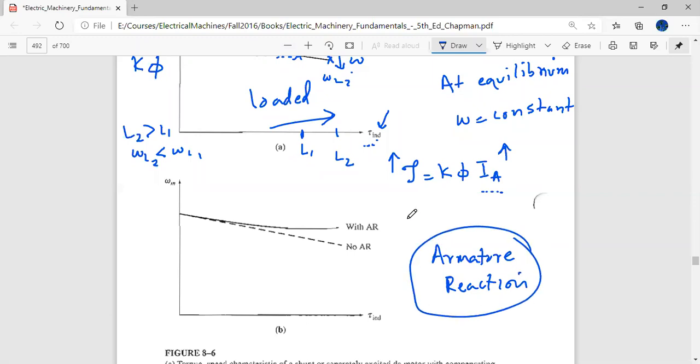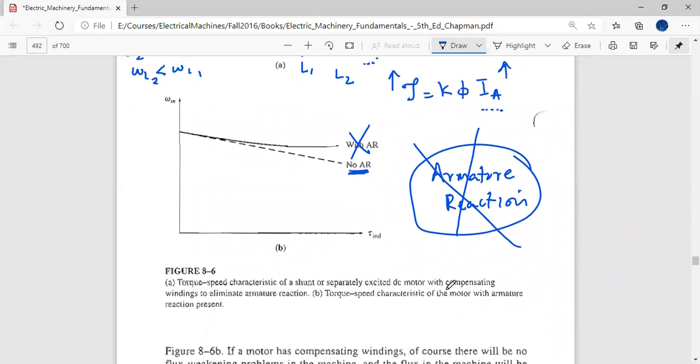And in this course, we are going to neglect all the questions which are talking about armature reaction. It is not in the scope of your course. So whenever the machine talks about armature reaction, we will always ignore it. We are only interested in cases where there is no armature reaction. And when the machine has something known as compensating windings, we can eliminate the armature reaction. So in this course, we will always be considering machines which have compensating windings.